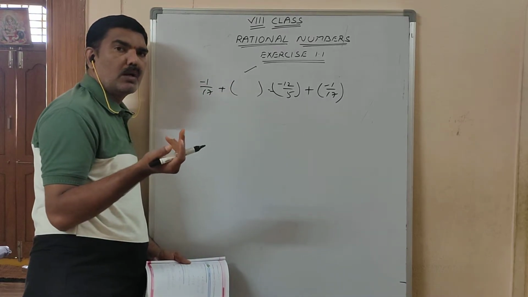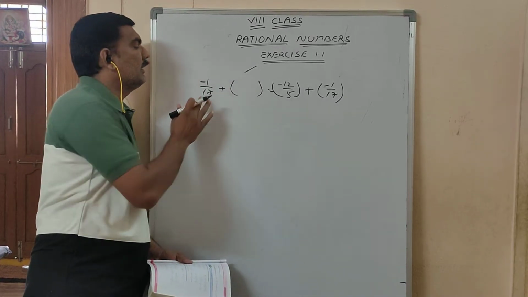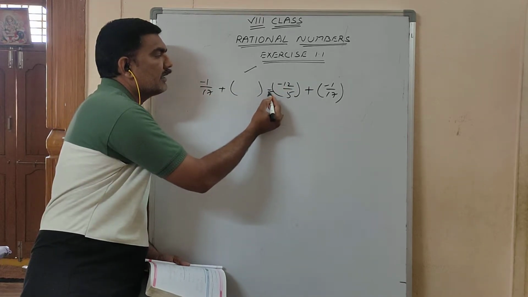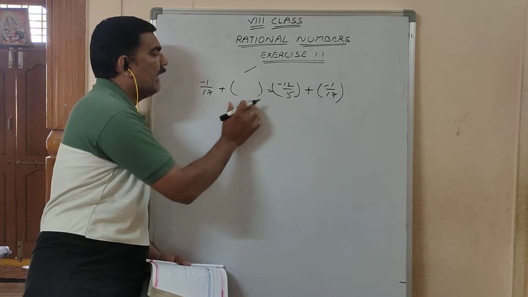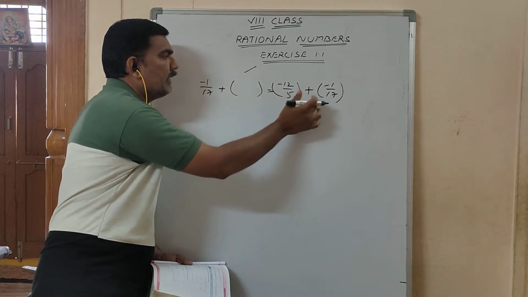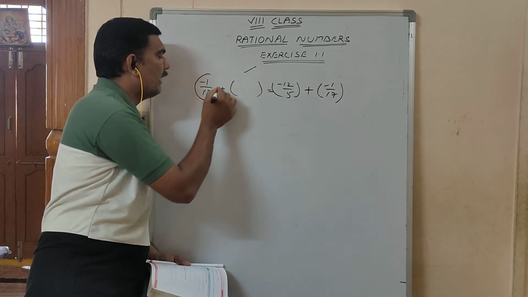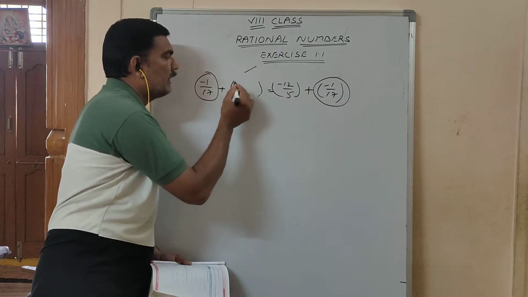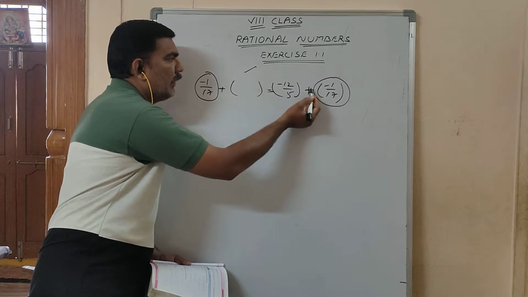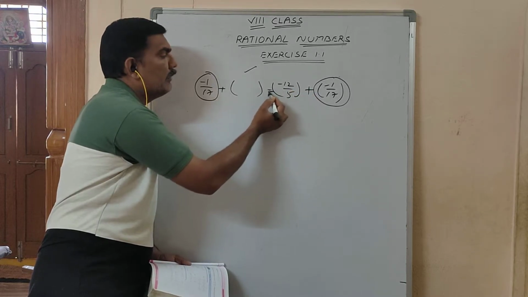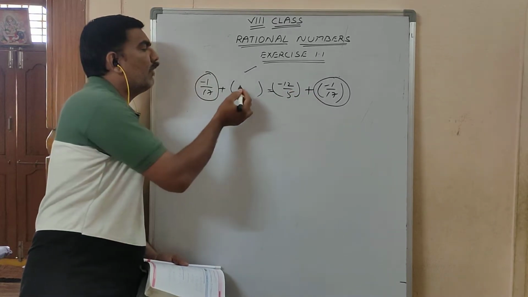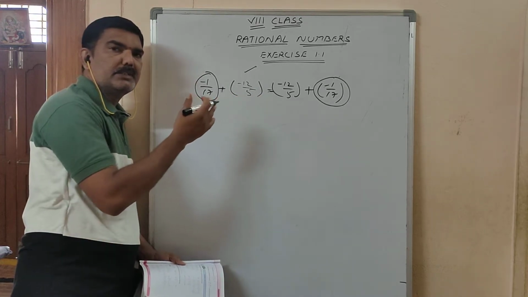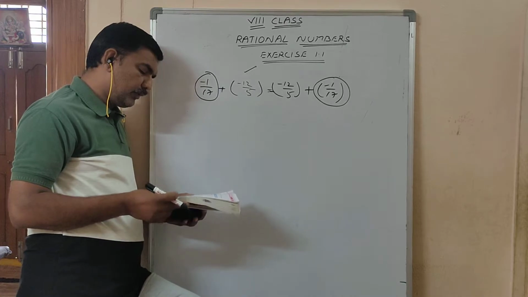You have one rule, the commutative property: a plus b is equal to b plus a. In place of a, minus 1 by 17 is there, and here also minus 1 by 17 is there, plus some number here and plus some number here. In between, the equal to sign is there. Here what will come is minus 12 by 5 only, by using the rule a plus b is equal to b plus a.